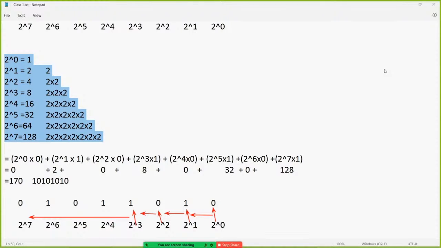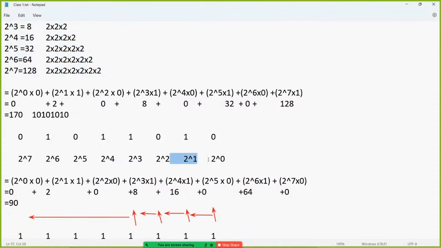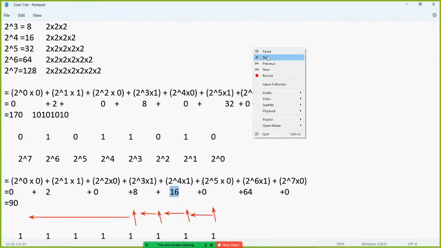Okay. So yeah, guys, I've received a correct answer from a lot of people over here. Again, as I've mentioned, just multiply the lower number with the top one and go on till the last. So this will be 2 power 0 into 0 plus 2 power 1 into 1 plus 2 power 2 into 0 plus 2 power 3 into 1, like that till the end, 2 power 7 into 0. Anywhere you have 0, like 2 power 0 into 0, just put that 0. 2 power 1 into 1, that's 2. 2 power 2 into 0, that's 0. 2 power 3 into 1, that's 8. 2 power 4 into 1, that's 16. 2 power 5 into 0, that's 0 again. 2 power 6 into 1,